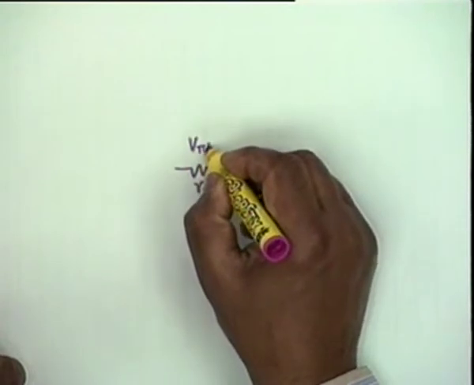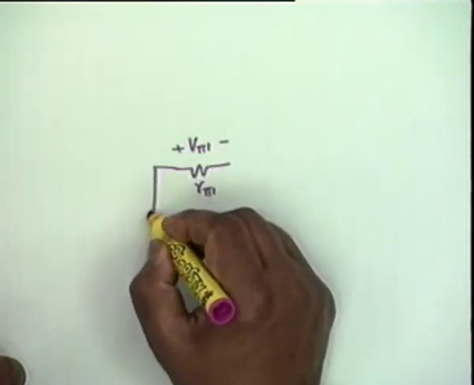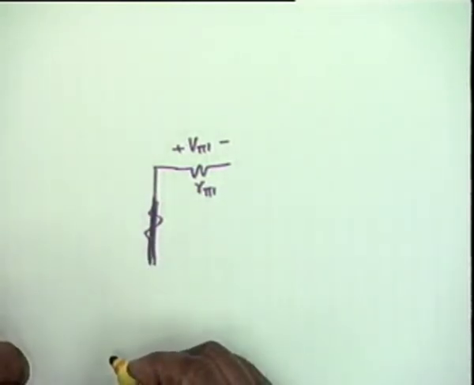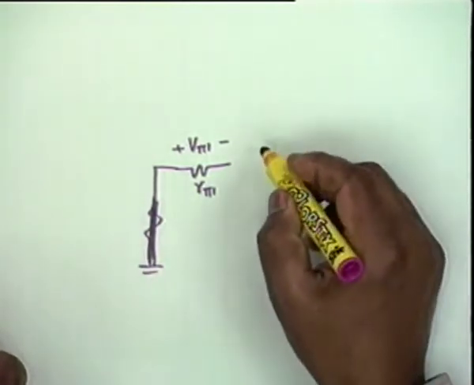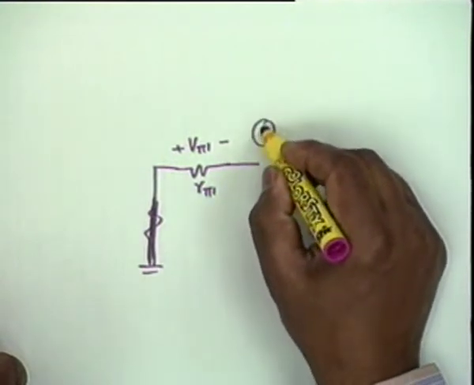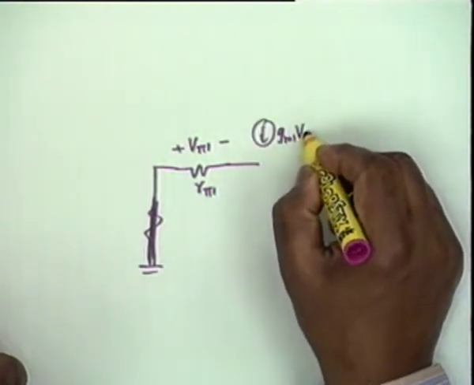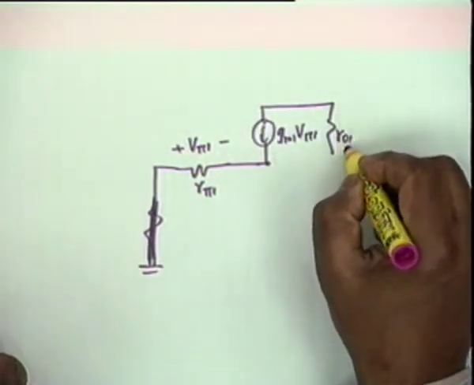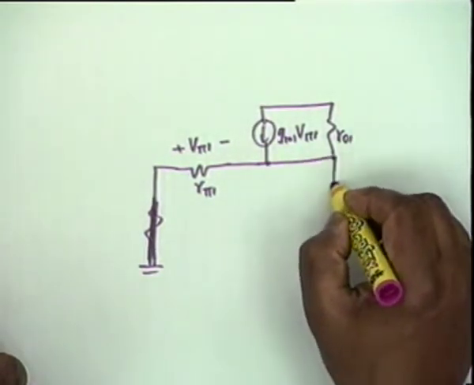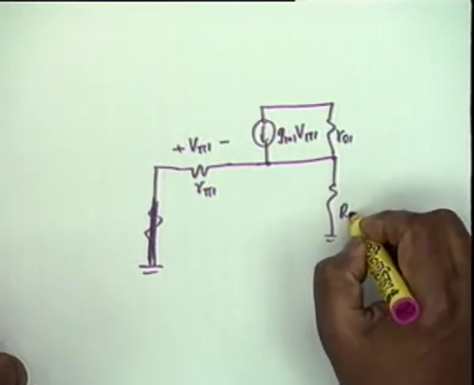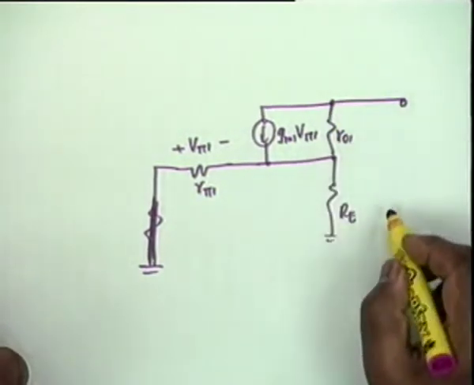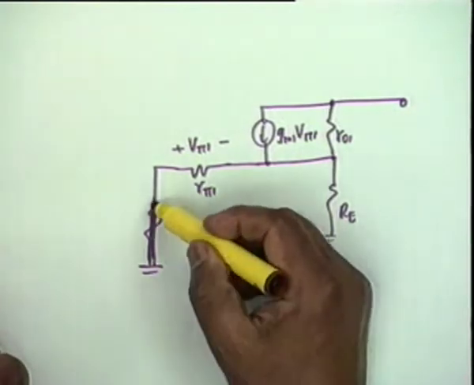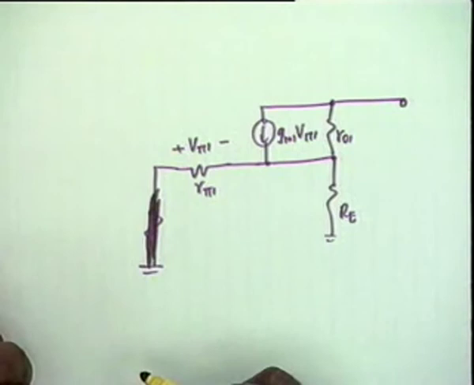And then the equivalent circuit becomes very simple. R pi 1, V pi 1 plus minus. No, we short circuit this. And we have a GM1 V pi 1 here, R01, then an RE. We want to find out this resistance. Have we ignored something? We have ignored, of course, R1. That we have made equal to 0.